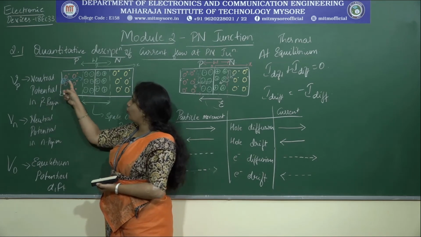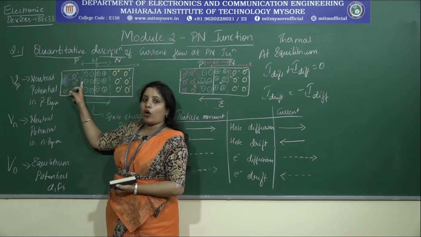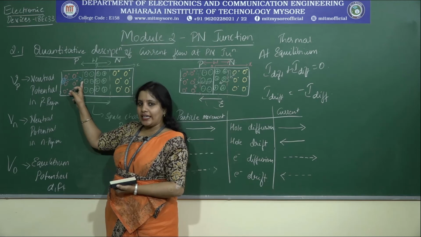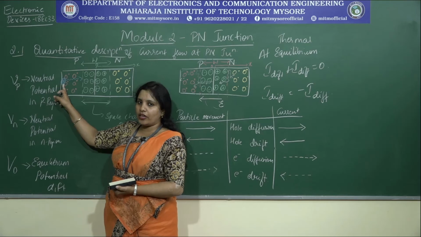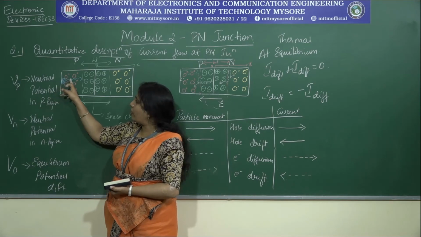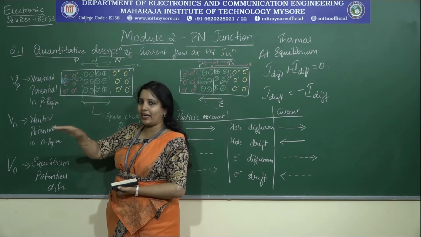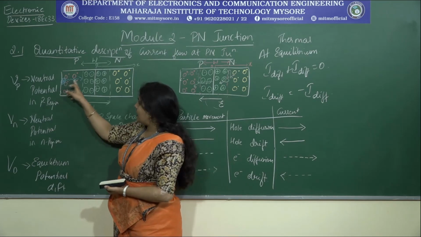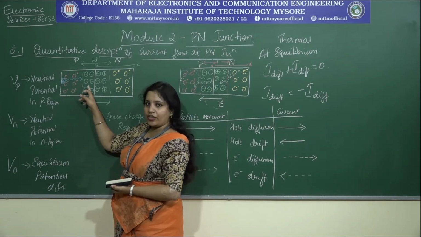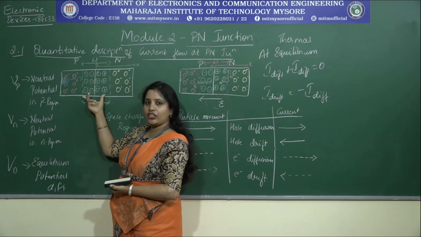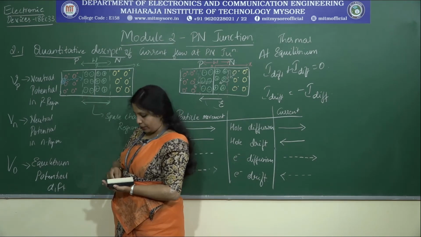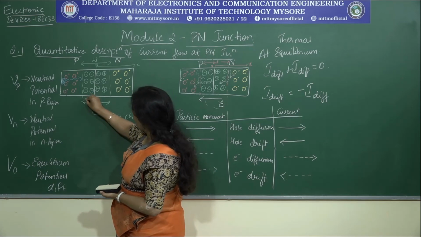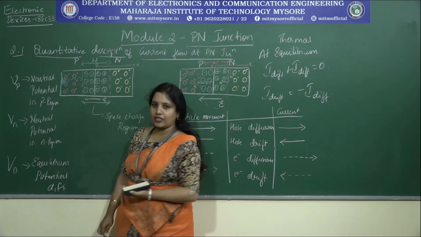Now, when this is trying to move in the neutral region, whatever the potential energy and the kinetic energy that is experienced by this is neutral in nature. Therefore, it is moving with the same pace over the p region. Now, as it comes across the depletion region, this is where the region is depleted of charge carriers, and where there is an electric field present. And how is that electric field direction? Let me represent it like this.